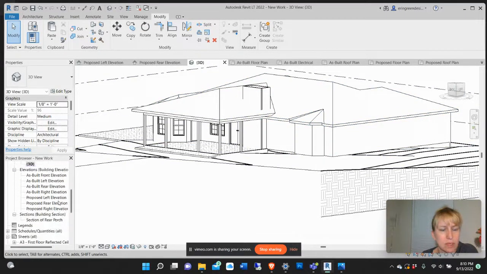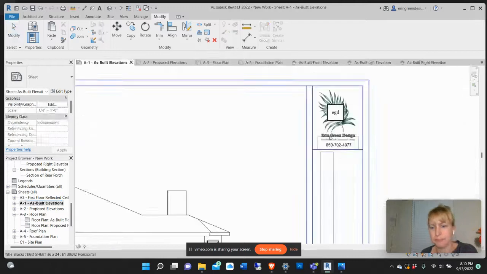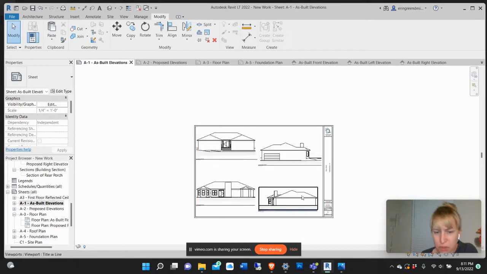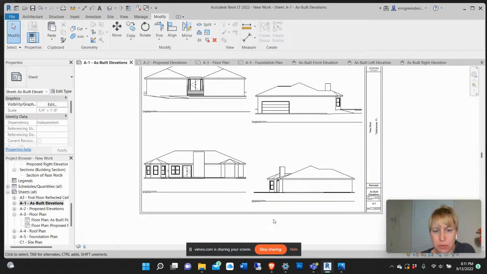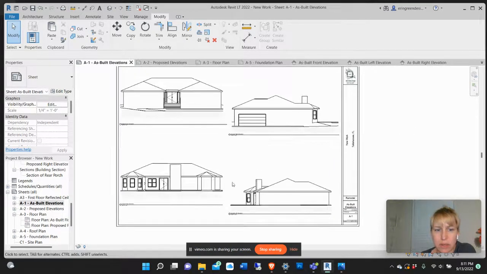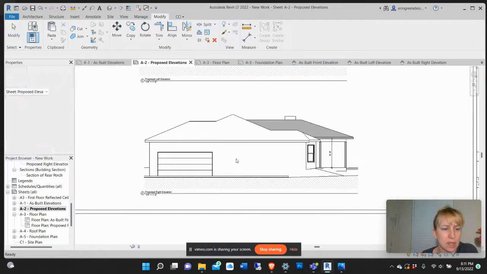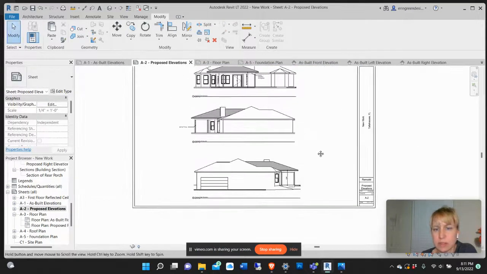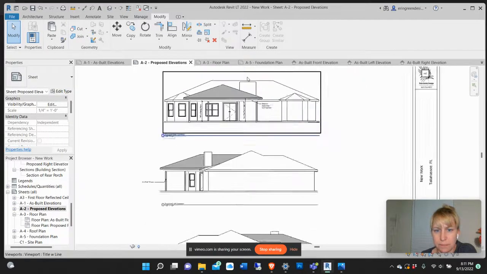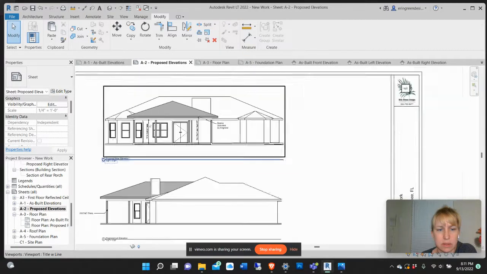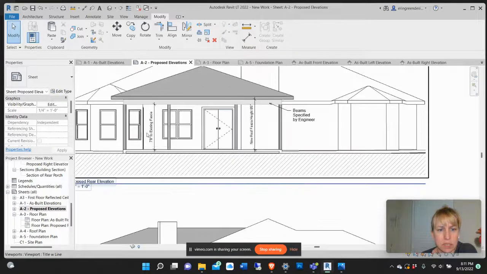So back to my sheets here. This is the sheet for the elevations. This is going to be page 1 of a construction plan set. It's going to show you all the elevations of the as-built home, and then the proposed elevations, starting to talk about the details, dimensions,